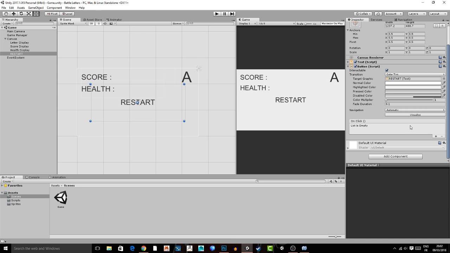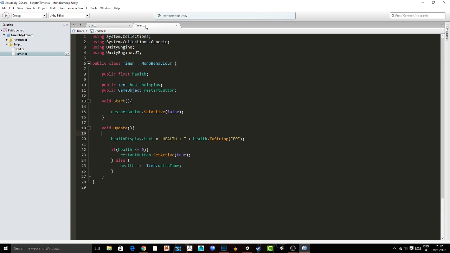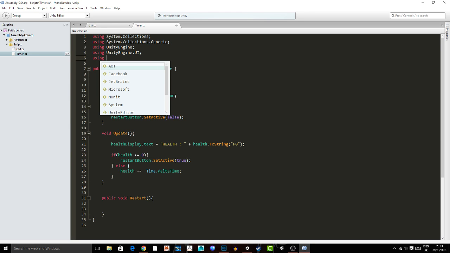What this will allow us to do is, when we click on the button, call various functions from our script. Before we do that though, let's actually create the function that's going to allow us to reload our scene. So basically restart. In my timer script, I'm going to create a public void function called Restart. In this, I'm going to just reload the current scene. Once again, I need to use a new namespace. So using UnityEngine